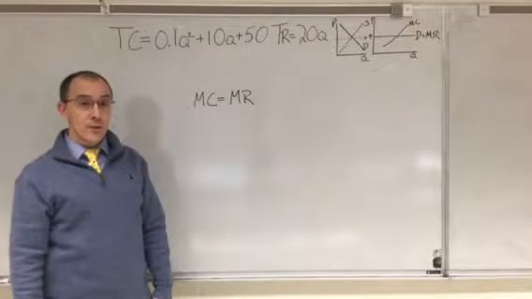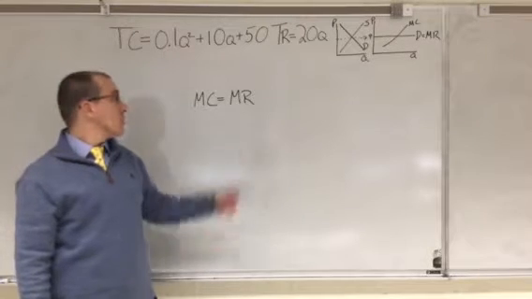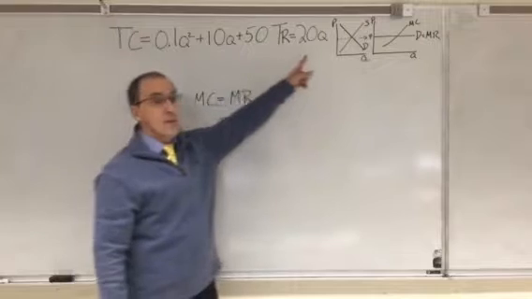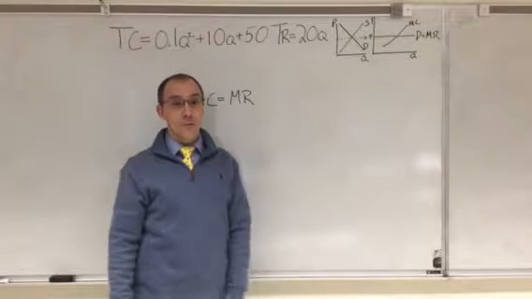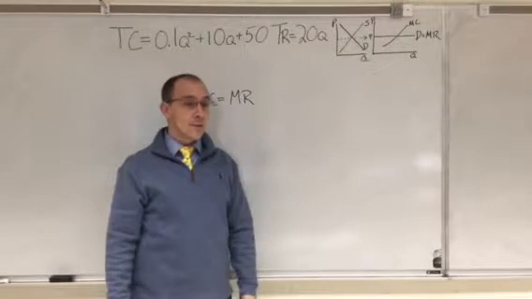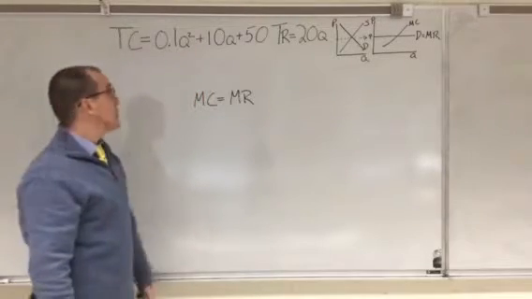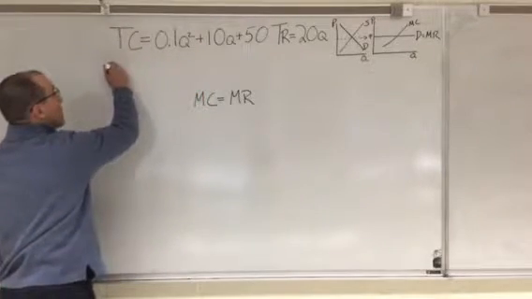So the first step I'm going to do is find both my marginal cost curve and my marginal revenue curve given the information I have to start off with. For both cases, this is actually finding the first derivative of each equation. For my marginal cost